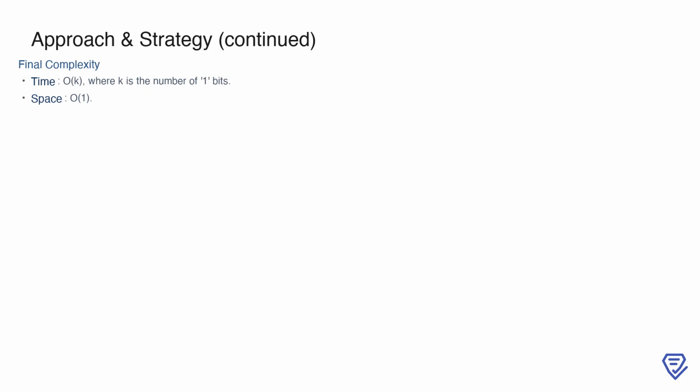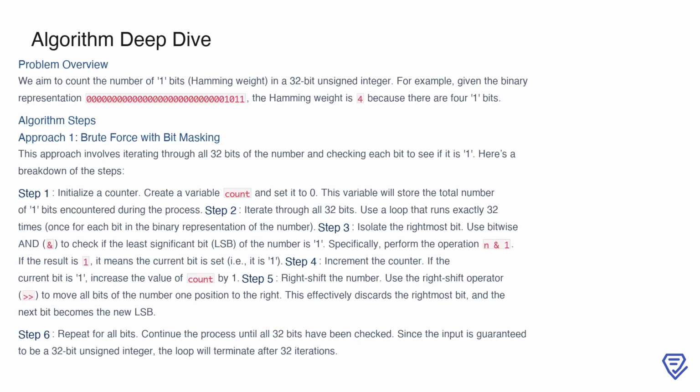In this problem, our goal is to count the number of 1 bits in the binary representation of a 32-bit unsigned integer, which is also known as the Hamming weight. For example, if the binary representation of the number is